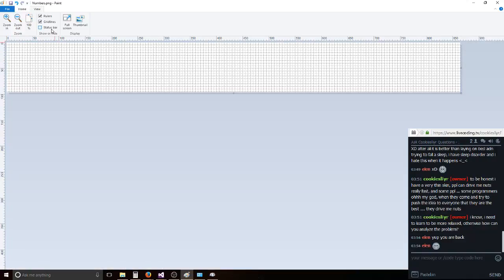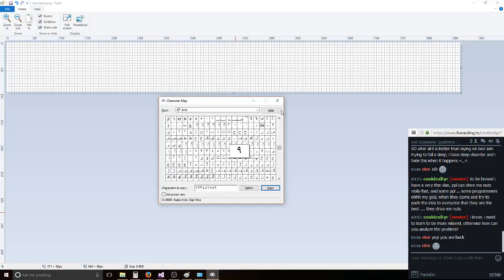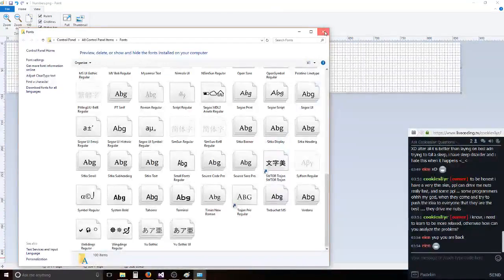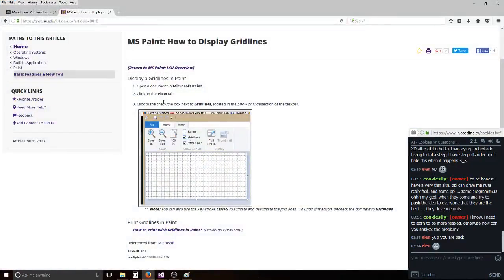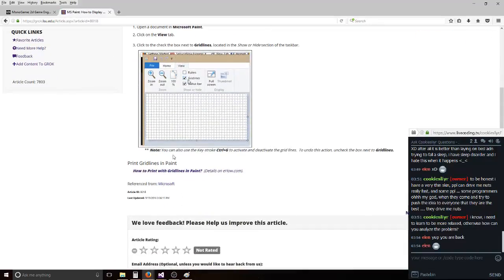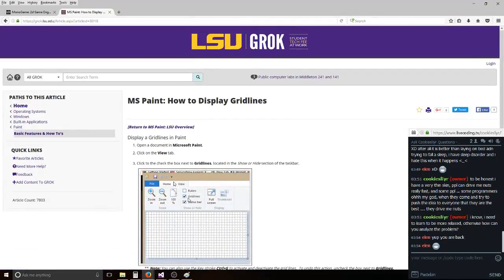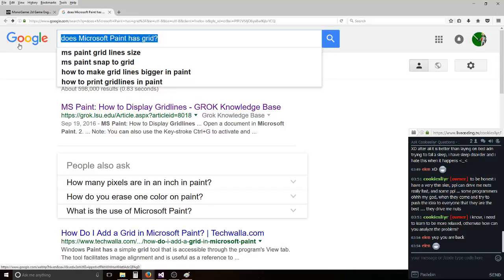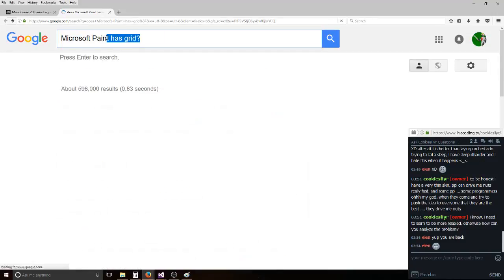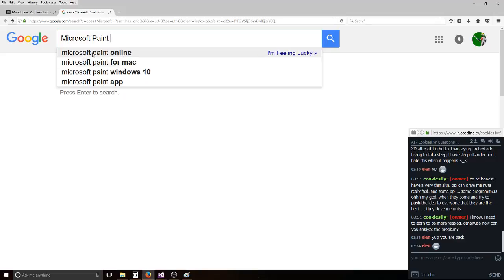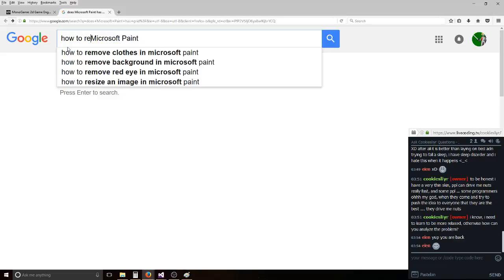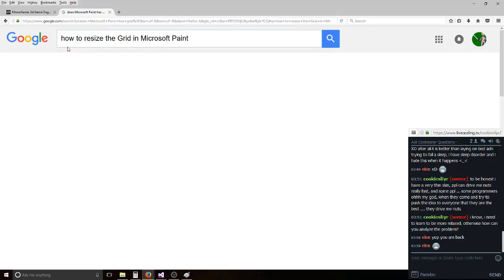Hello? I don't think you can resize the grid. All right. How to resize the grid in